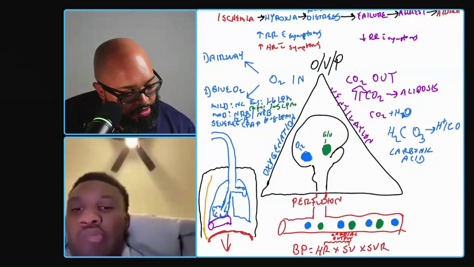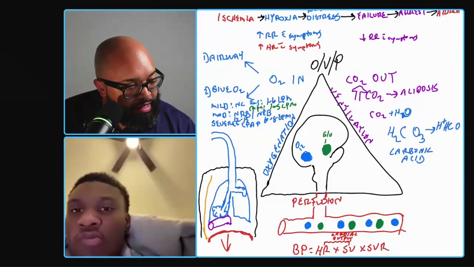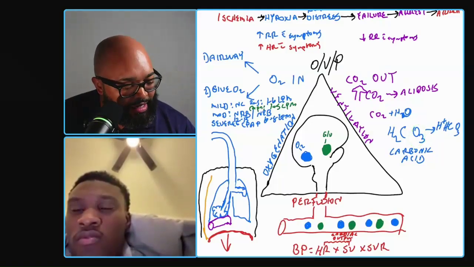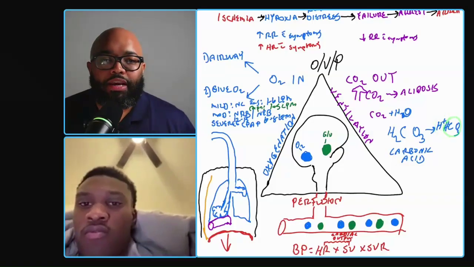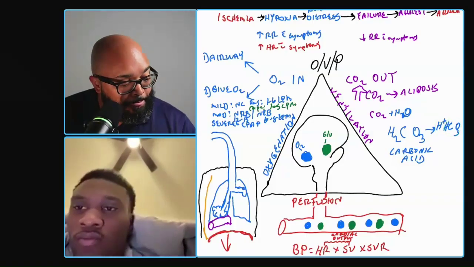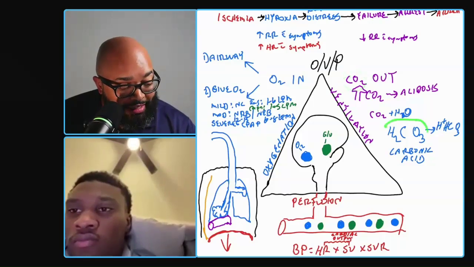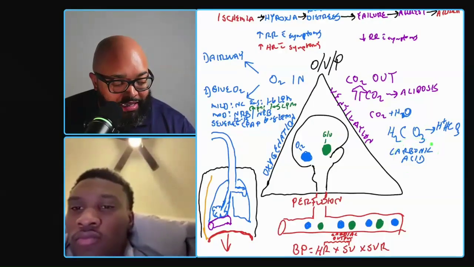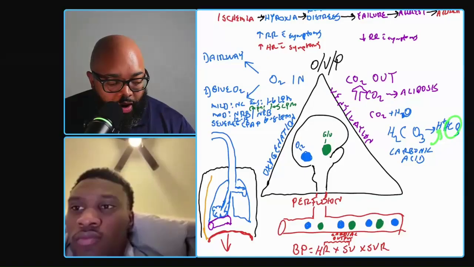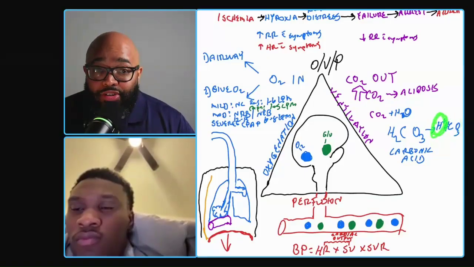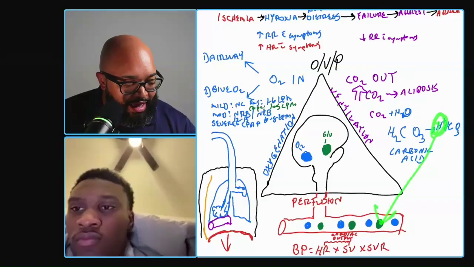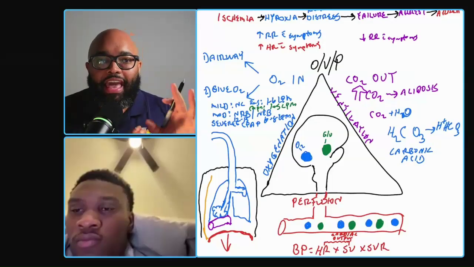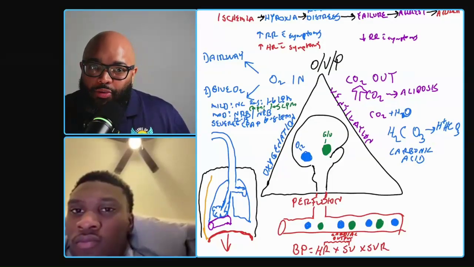So let's add a hydrogen there. And then remember, we still had these 3 oxygens, so let's put those 3 oxygens back there. Now I end up with hydrogen plus HCO3. That's bicarb. So excess CO2 is going to ultimately become an acid, and then that carbonic acid is going to lead to hydrogen plus bicarb. But watch this. All this extra hydrogen, once it goes over and gets into the blood, now that creates more acidosis. So that's why when I tell you that excess CO2 leads to acidosis, that's where it's coming from.